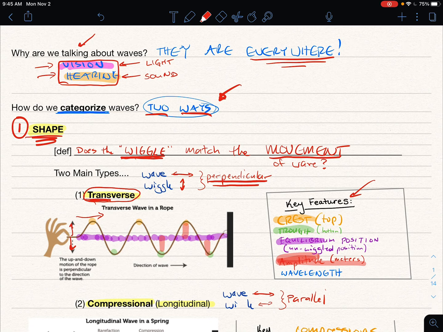The other way you would describe the size of a wave is the length of this thing. And the length of the wave, creatively enough, is known as wavelength. And that is the distance that the wave is long horizontally. And you can either measure from one crest to one crest, you can measure from a trough to a trough, you can measure from an upwards equilibrium crossing to another upwards equilibrium crossing.